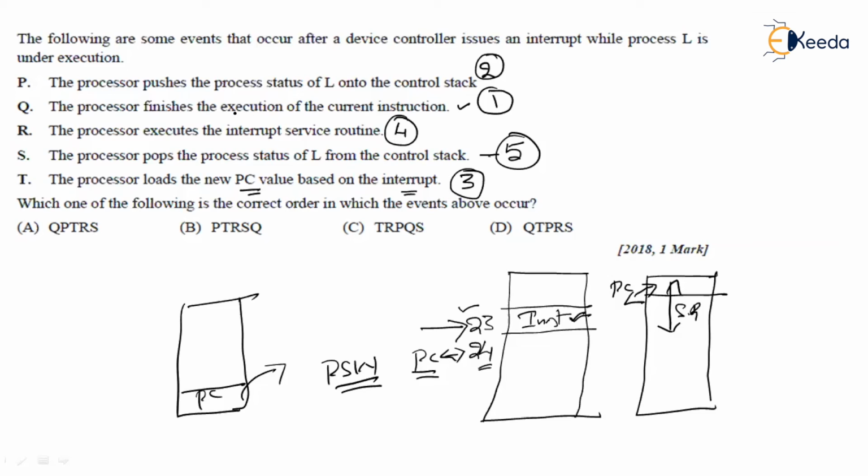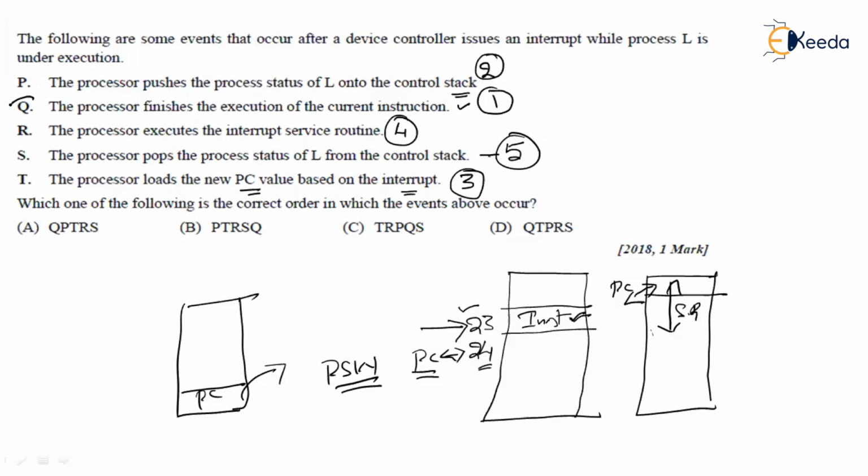The first thing is the processor finishes the execution of the current instruction. The second thing is the processor pushes the control word plus program counter into the stack. The third thing is the program counter will be updated to the starting address of the interrupt service routine. The fourth one is the processor goes ahead with finishing the interrupt service routine. And finally, once the service routine has been finished, we need to resume the previous routine which was suspended. That is 5, the processor pops the process status of L from the control stack. That is 2, 1, 4, 5, 3, meaning